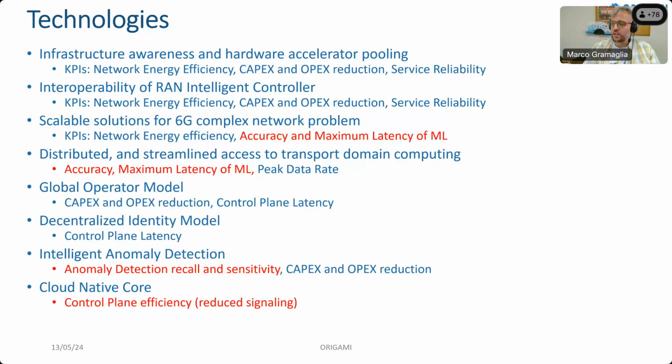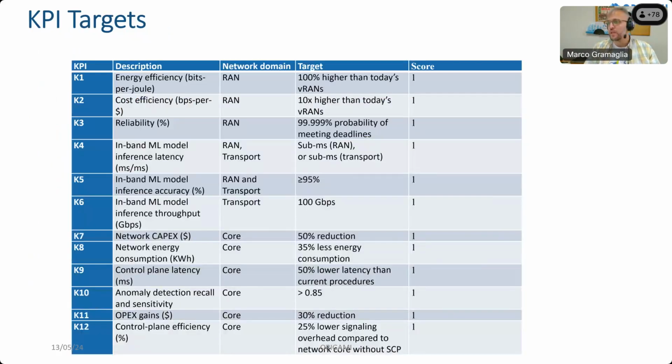Again, here we are targeting control plane efficiency, which is beyond the current PMP view. So the target, basically here, you can find the list of KPIs that we have, the description of the KPIs that we're going to achieve. Those are the ones that were listed in the previous slide, and then the target value. As you can see here, we have quite ambitious